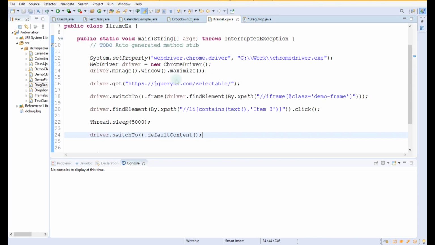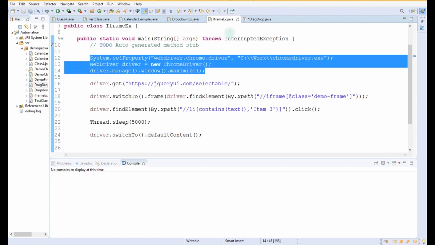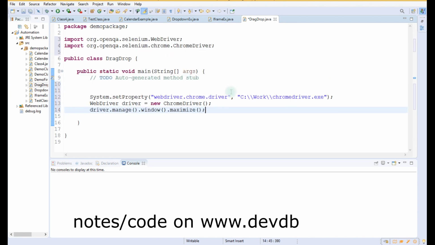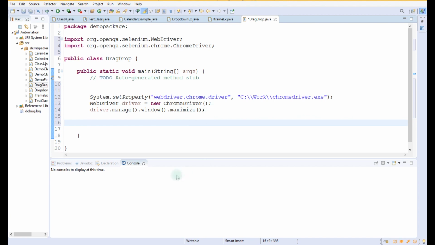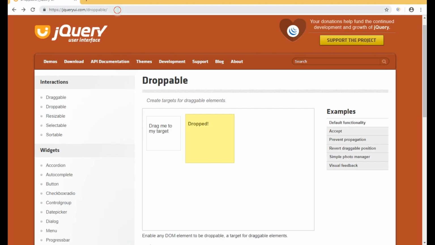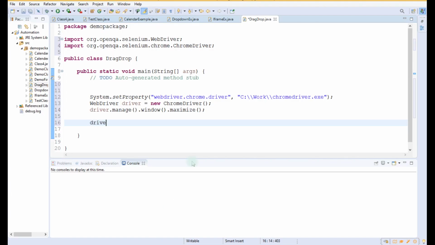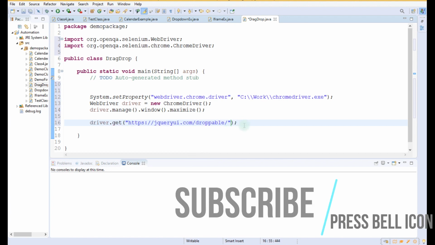Let me quickly copy the code for opening the web browser from the other class. It will open the Chrome browser and maximize the window, right? After that we have to go to this website. For that we will write driver.get and this website. This will open that website.